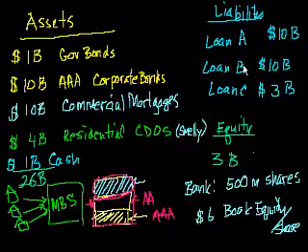If this were a commercial bank, your Bank of Americas or your Chases of the world, then one of the liabilities here would have also been the deposits of the people who keep their money at the bank. But we're not going to assume that. This could be just any bank. Actually, this could be any type of financial institution. Frankly, it doesn't have to be a bank. This could be the balance sheet of a hedge fund or a private equity firm or pretty much any type of financial institution. But anyway, back to where we were in the example.